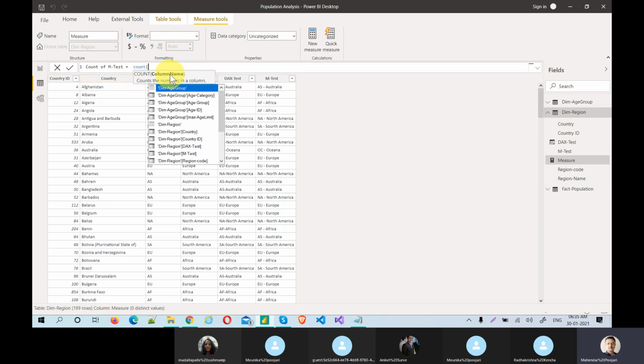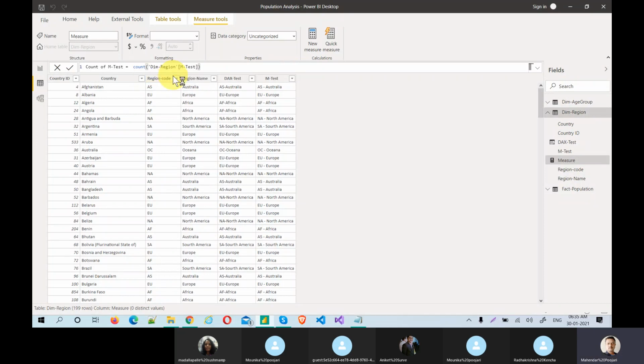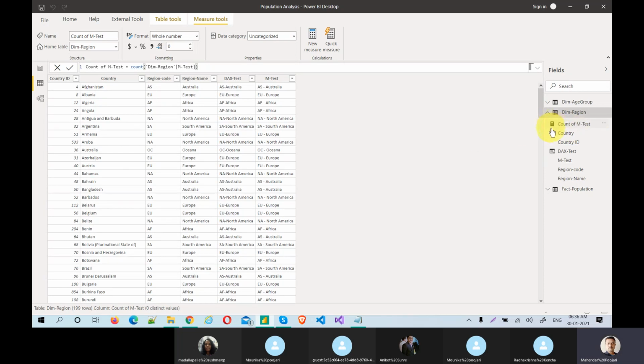It will show you the column name. Simply choose M test. See, it is created. If you see the symbol, this is a measure.